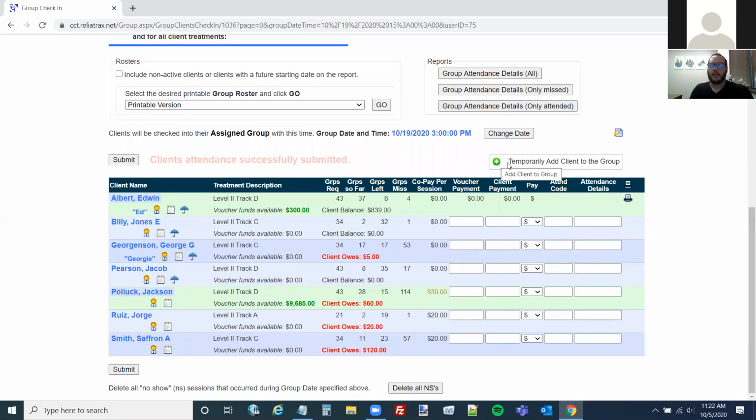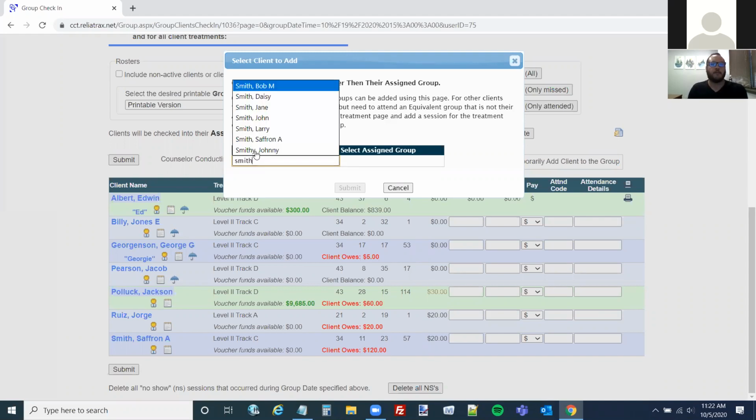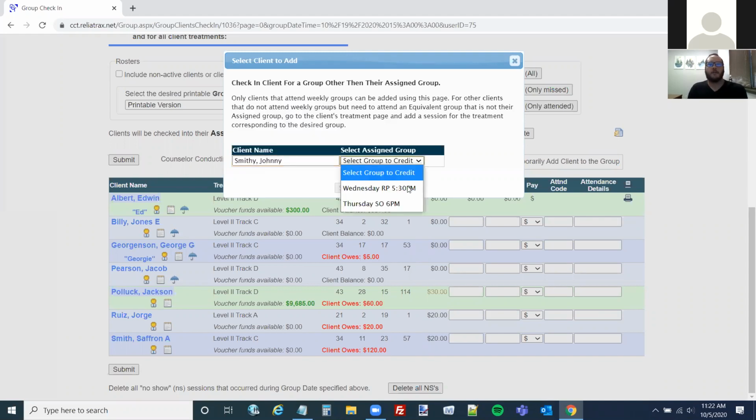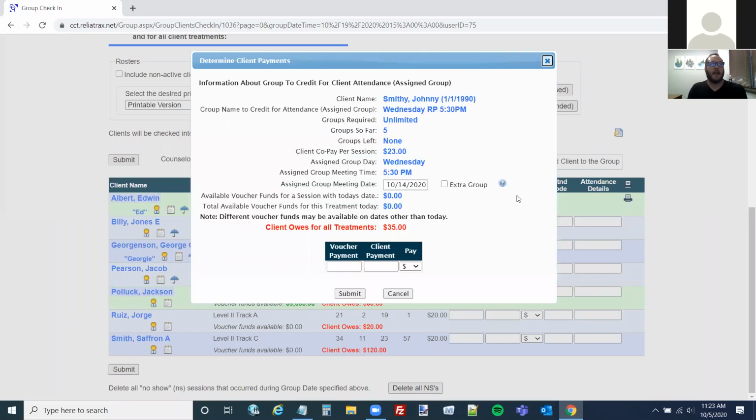And again, I'm going to temporarily add client to this group. Actually, I'm going to do a different client here. So an extra group is pretty simple. It's the same as doing a makeup group. This window pops up, but I'm just going to check the bubble here for extra group. So you'll notice when I do that, the assigned group meeting date blurs out,